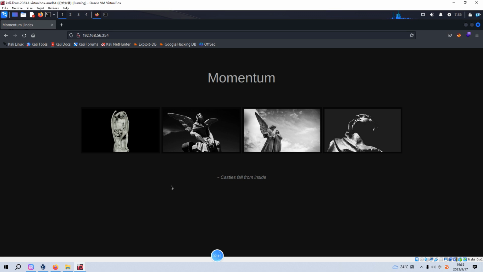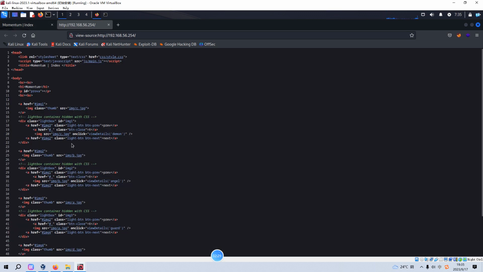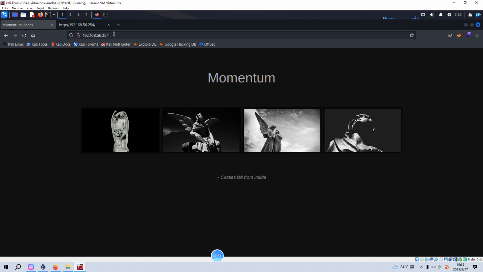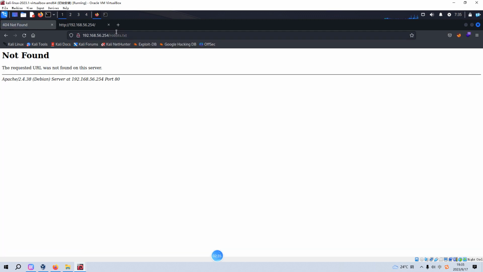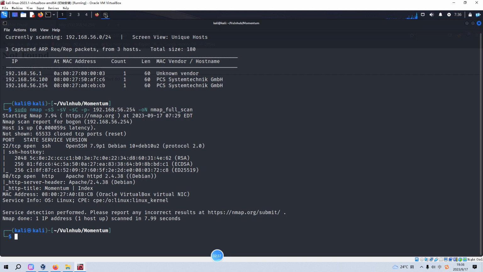But I can tell you, we cannot find any hidden message from such pictures. I will not do that at this moment. And also we can check the source code, but nothing there. And also we can check if the website has a robots file. No. And then we can use Nikto to do some